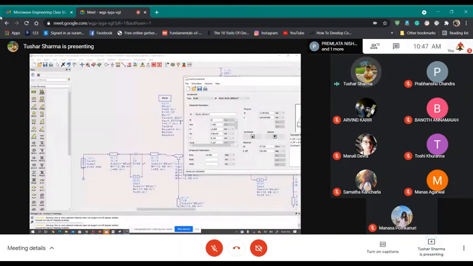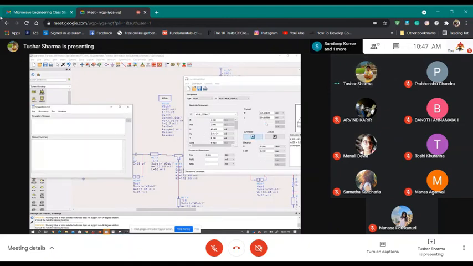My ER is 4.33. My MUR is 1. My H is 62 mil. This T is 0.7. Conductivity is 5.96 E7. Frequency is 2.3. So 30 degrees, 50 ohm. A 50-ohm line with 30 degrees is equal to a length of 234 mils. So what I want to do is change this to 32 mils instead of 62.